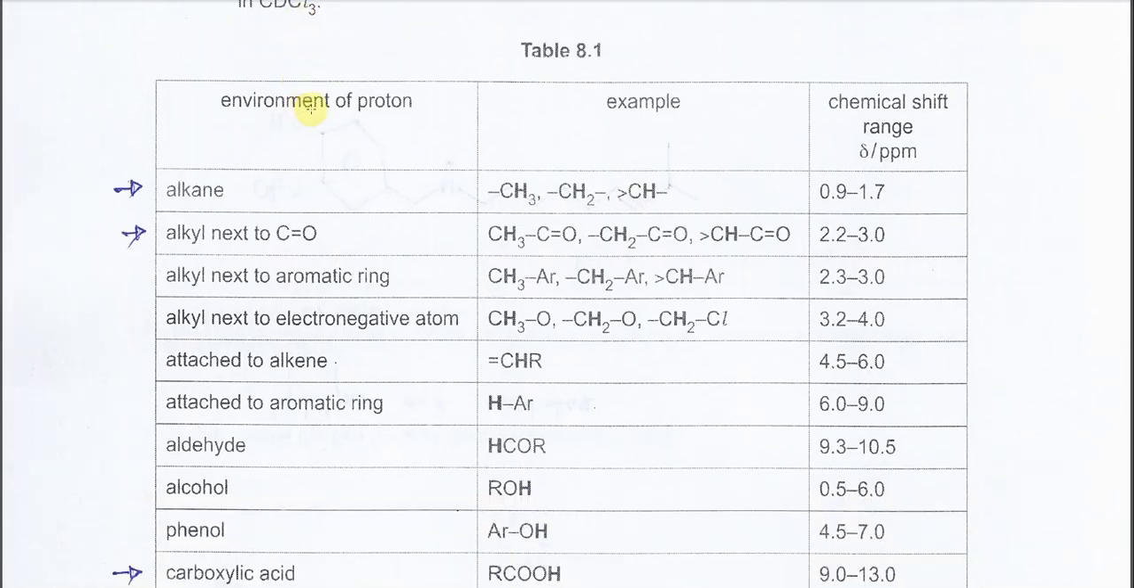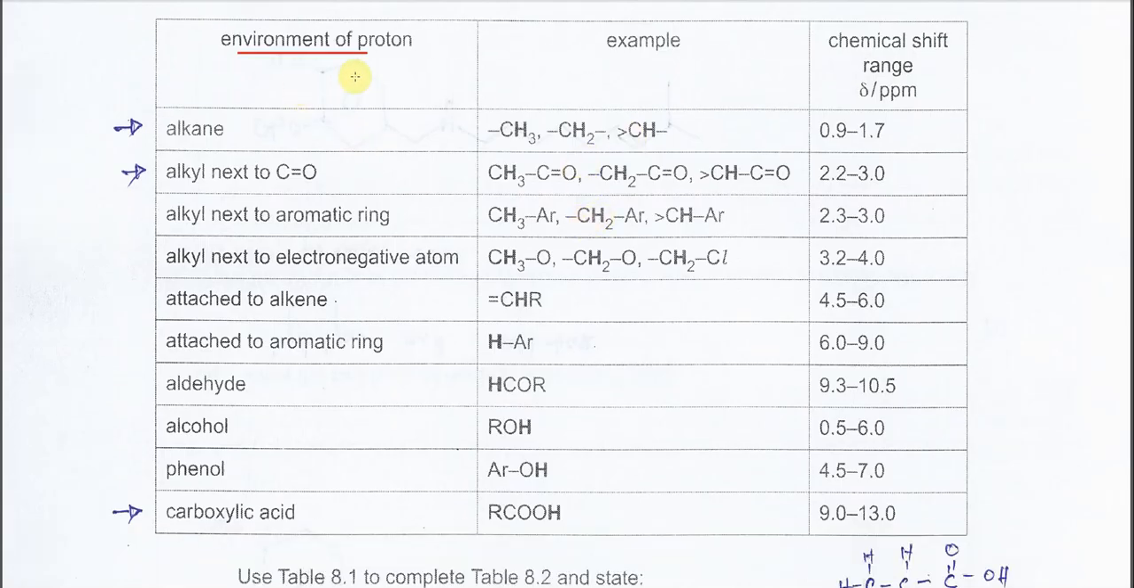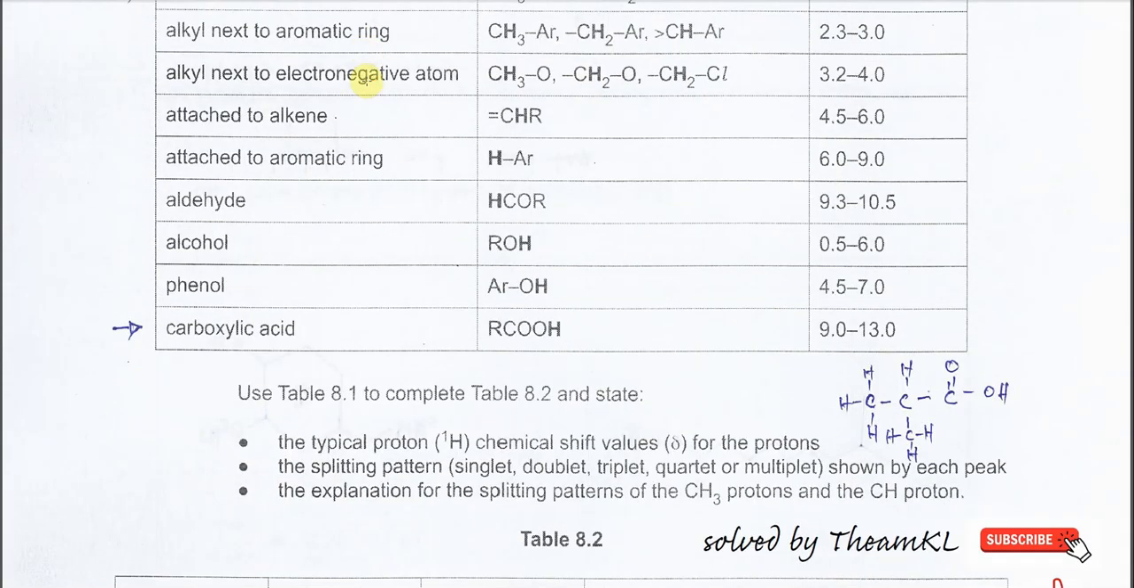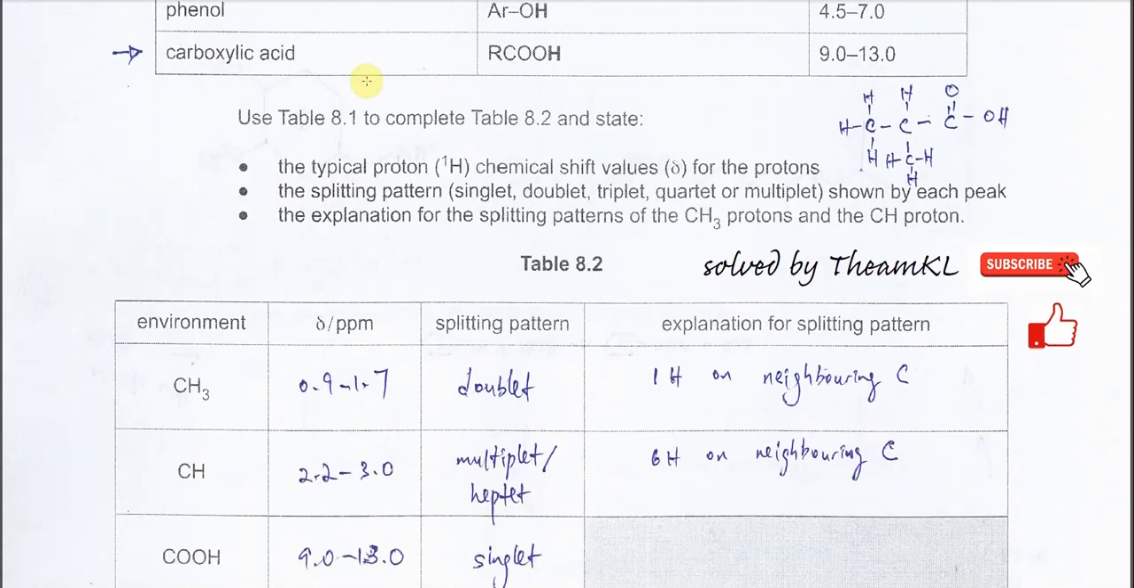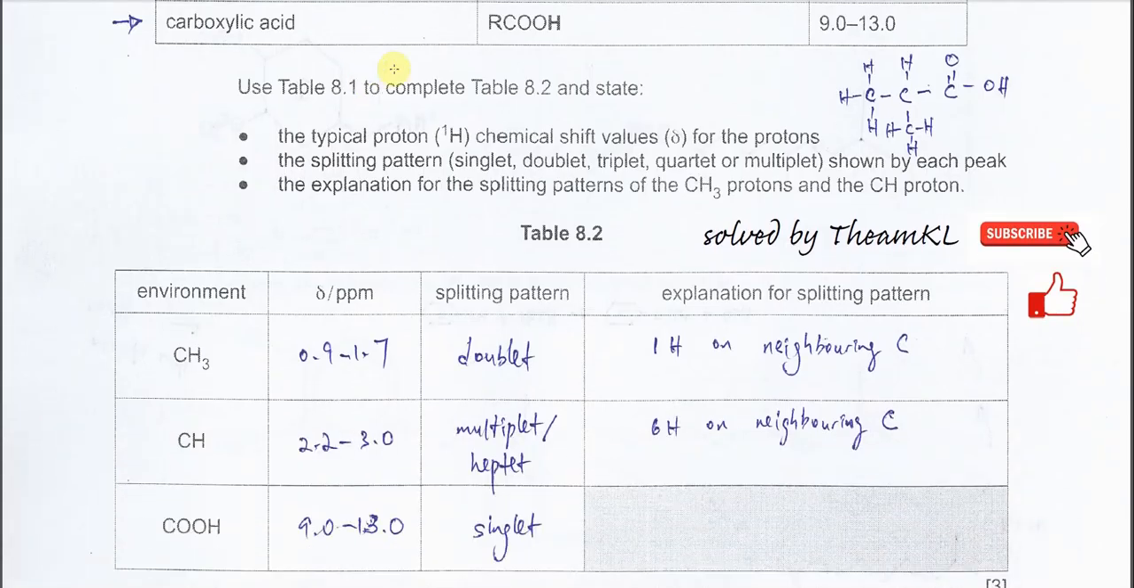Now, table 8.1 gives the environment of proton, examples, and the chemical shift. So you have to use this table to answer. Of course, you're not going to use all these environments of proton, just a few, and you have to choose. In order to do that, you need to know the structure. If you are not familiar with proton NMR, it's better to draw the displayed formula, and it's easier to see the splitting pattern, the chemical shift and the environment